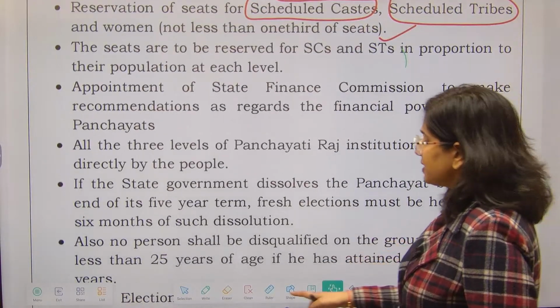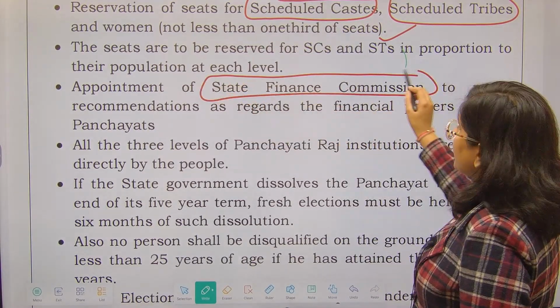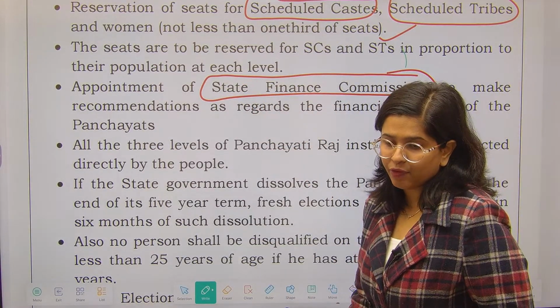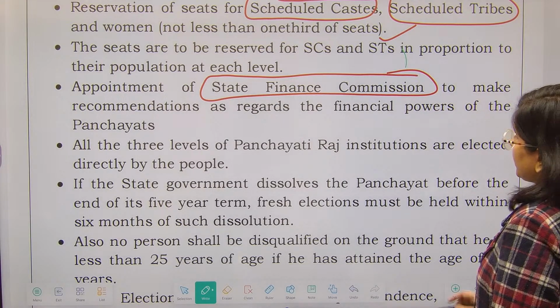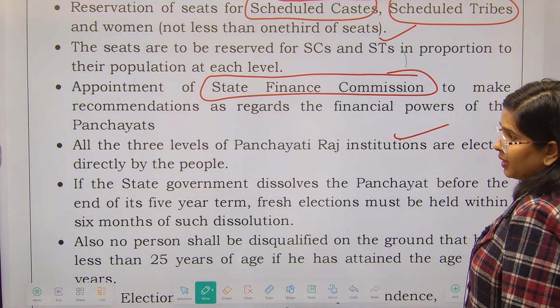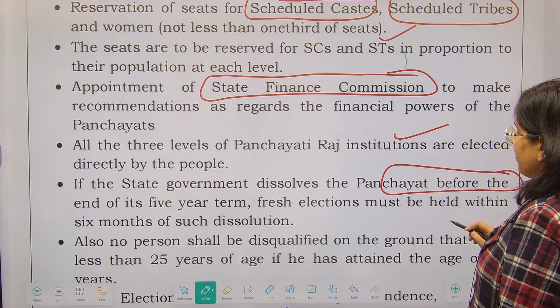Appointment of a State Finance Commission is one such requirement here, right? So the State Finance Commission also has to be formulated here. Next, all three levels of Panchayati Raj institutions are elected directly by the people. If the state government dissolves the Panchayat before the end of its 5 years,